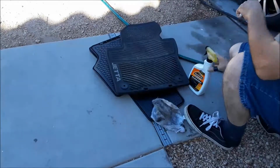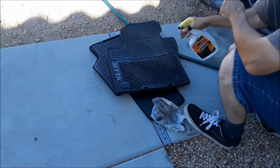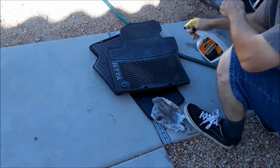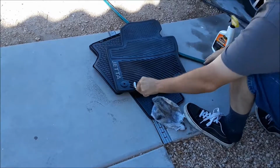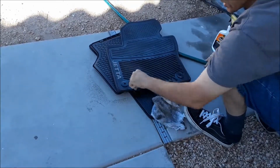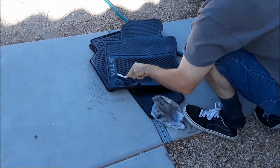Okay, for the cleaning of the floor mats, I like to spray my Armor All over the entire thing here, and then with a brush, I like to go